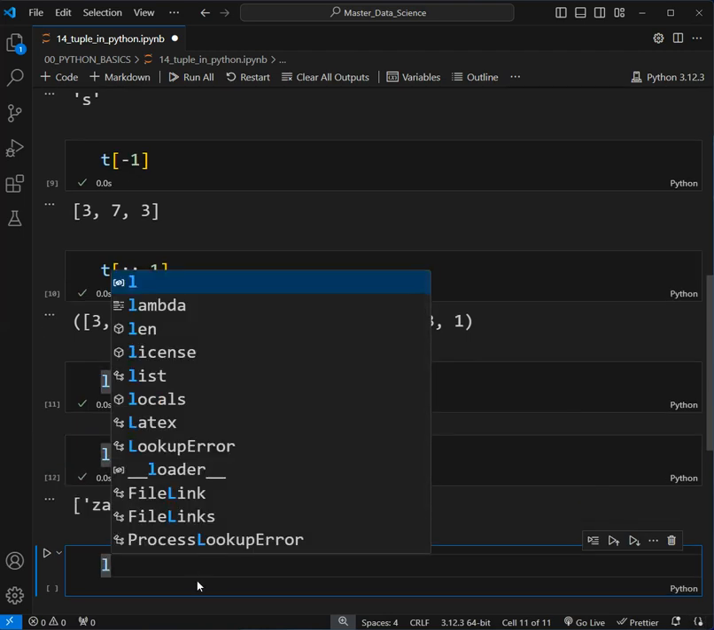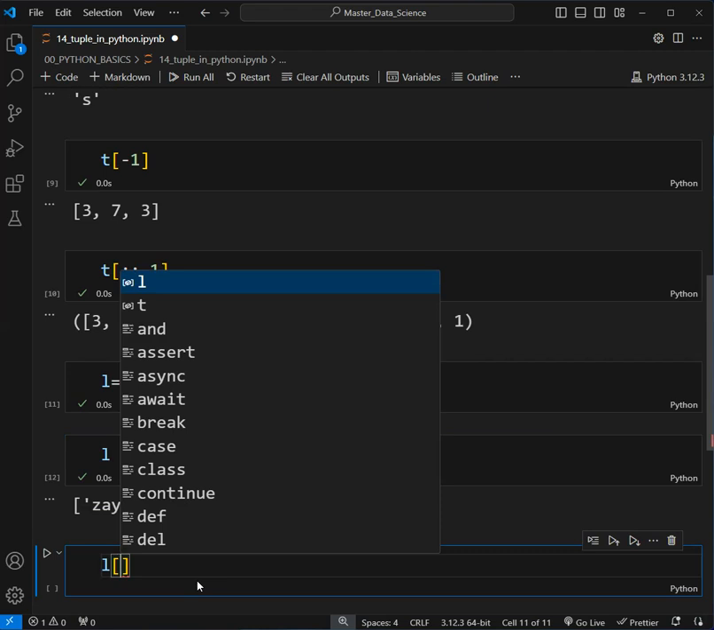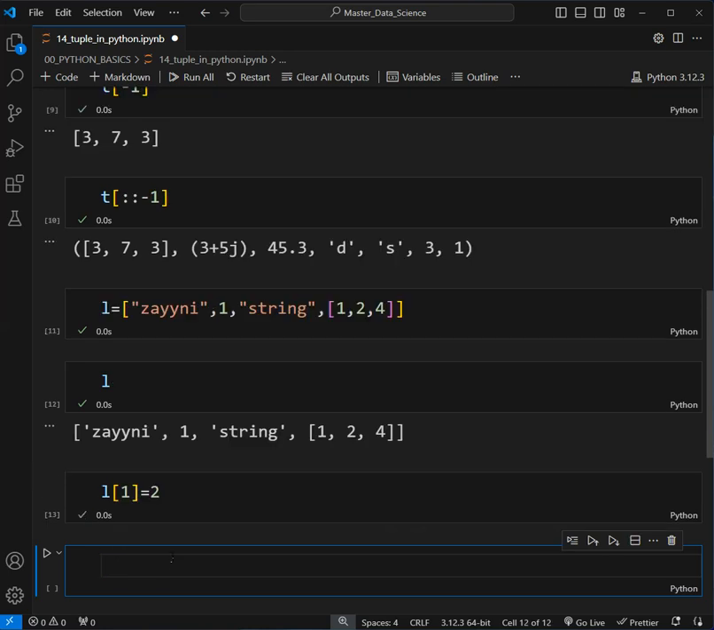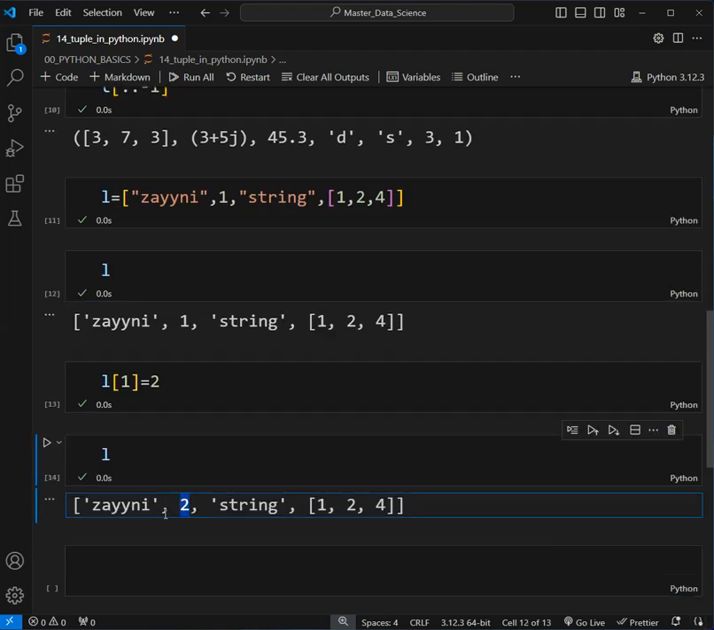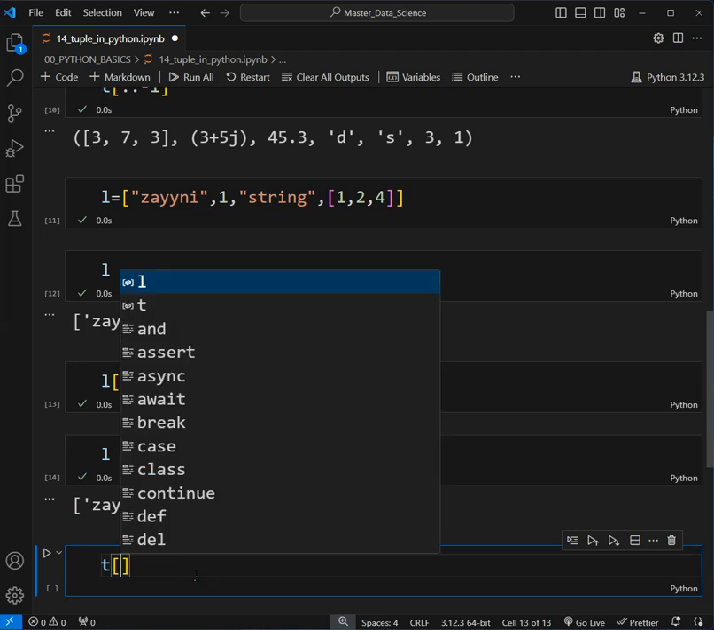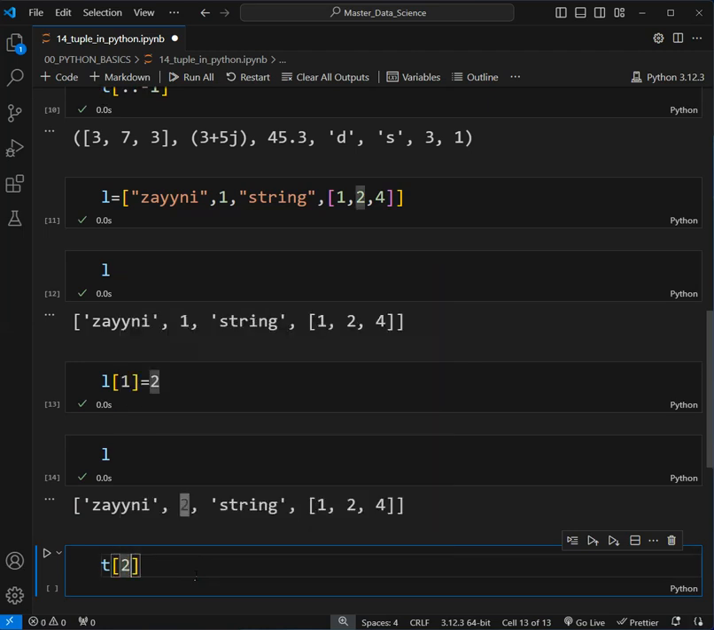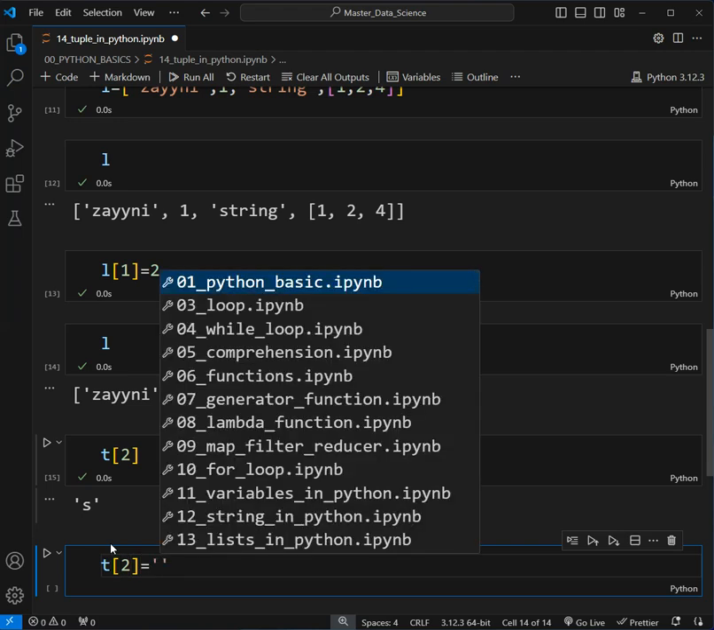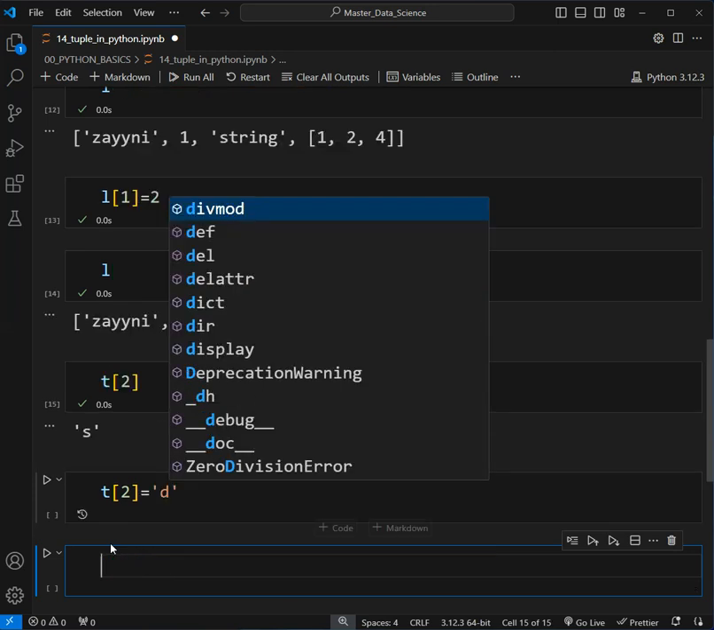Now if I want to change the data at some index, like the first index, here it is the 0 index, this is the first index. For the first index I want to assign 2 here. So if I run it, it executes successfully, and if I display our list, 2 has changed. Now let me get the data from the second index of our tuple. So what is the data? S. If I want to replace the data at the second index with some other string, like d, now if I run it,